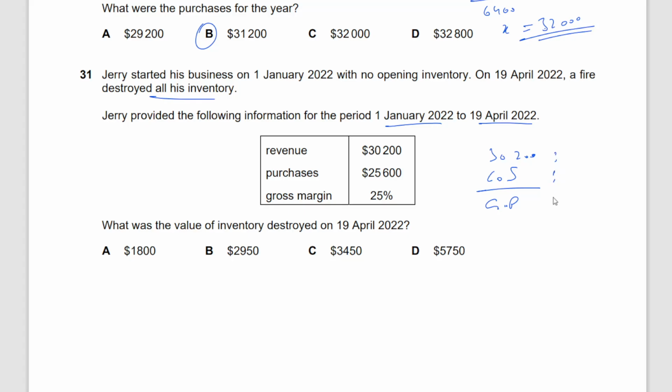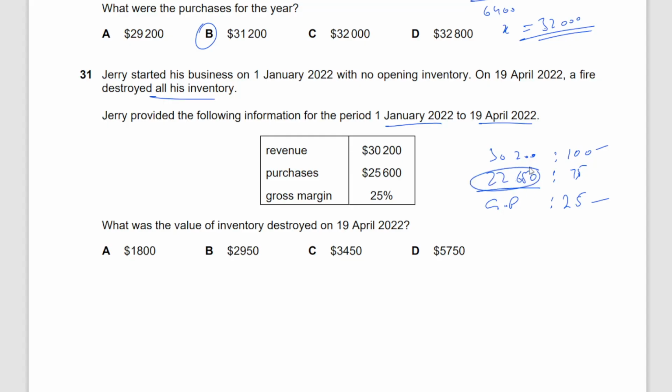If we look at it in terms of percentages, gross margin means gross profit as a percentage of the sales. If that is the case, it's 100 here. Gross profit is 25% of that, and so that makes the cost of sales 75. You need to understand this concept of margin markup first. That will help us find cost of sales. 30,200 divided by 100 multiplied by 75 is 22,650. This tells me that the cost of sales at this point is